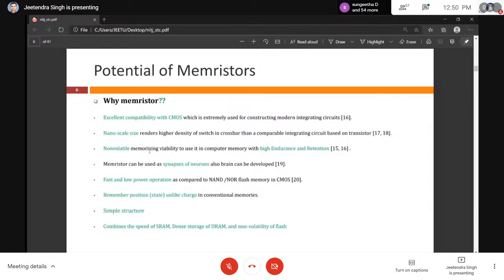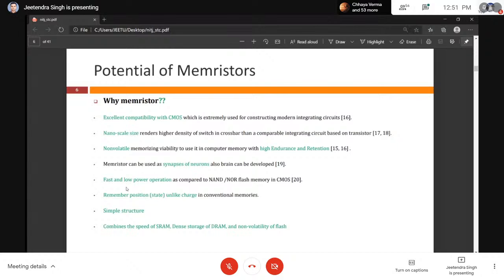So these are the basically important properties by which it can be used. Another is that it is basically a synapse, used as the synapses of neurons. A synapse is the junction where two neurons communicate with each other. This is a very important and recently much researched field of the memristor, for neuromorphic computing and neuromorphic logic. And it also gives fast and low power operations,